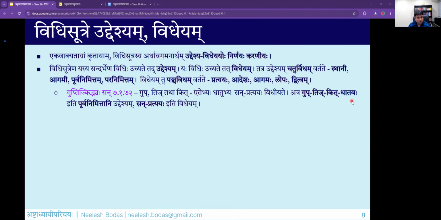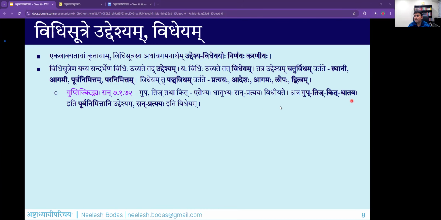When I say you already know that there are dhatus gupa, tija and kita, it doesn't refer to your knowledge of dhatu patha. What it refers to is that in the prakriya, on the previous step, there must already be gupa, tija or kita dhatu. Only then on the next step the san pratyaya will come. So at any particular step in prakriya, whatever you have on the previous step of the prakriya is known to you, and whatever new stuff that you are adding on that particular step is the videya.